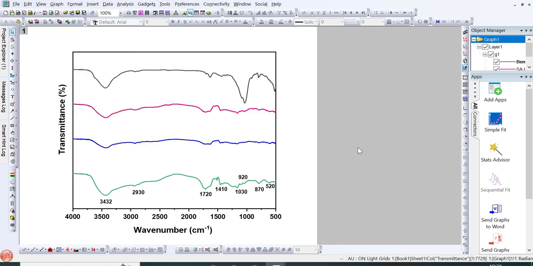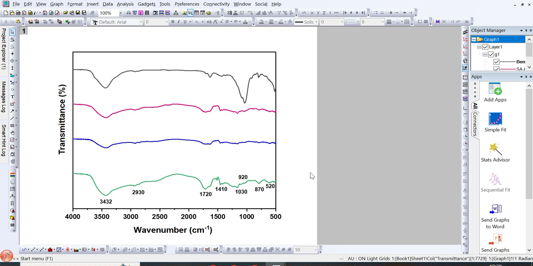And here we go, this kind of image you can obtain from this setting, by going simply to Format, then Layer, then Stack, and then selecting Individual, and then you can make equal distance between those lines. Now I can show you some